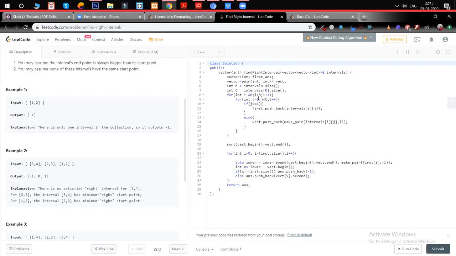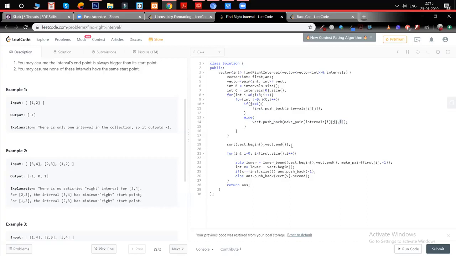So what I did is I just iterated over the 2D vector, and then I pushed all the elements in the front, like 3, 2, and 1, and created it as a first. Then I created one more pair which had two data types, integer, and I made a pair of the intervals, like the last intervals 4, 3, and 2, and their indexes as well because I need those indexes afterwards.